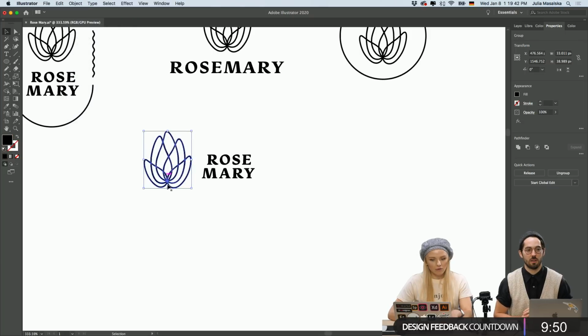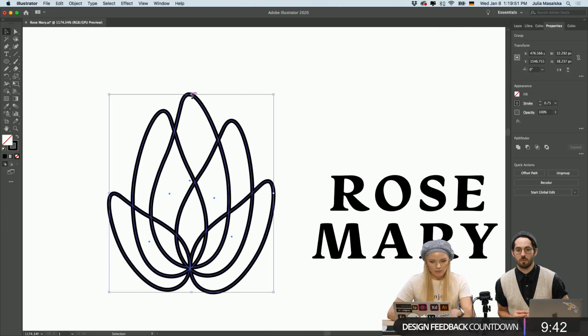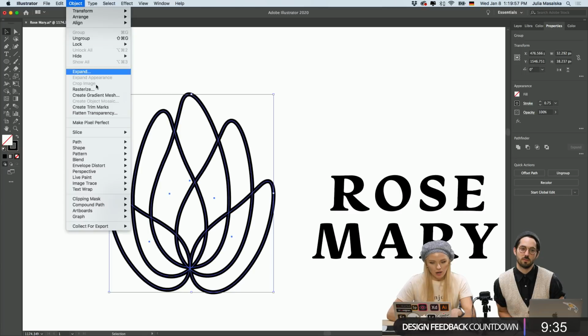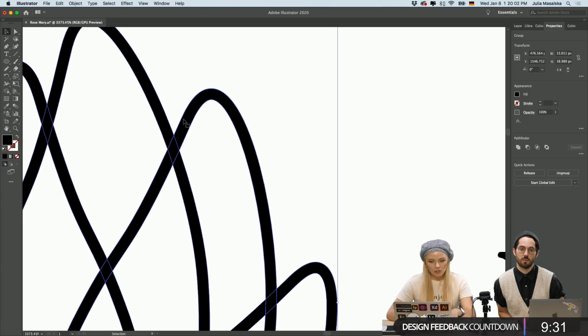Yeah. To avoid this disproportional scaling, I outlined the shapes. Right now we have this vector. It's not really a shape yet. It's just a line. So to make it a shape, we go to Object, Path, and Outline Stroke. Nice. And now we have a shape, really.